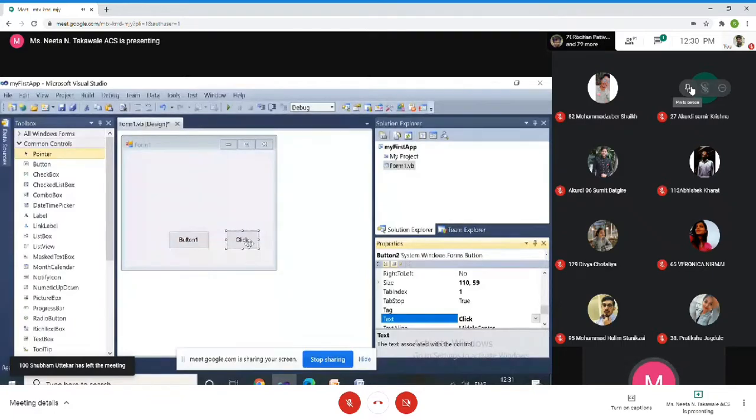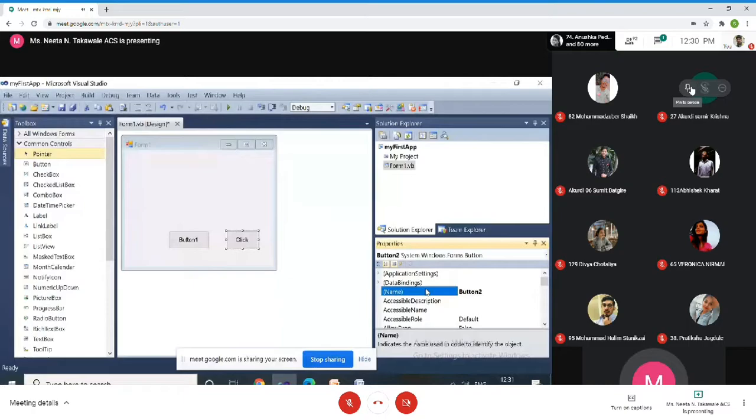Previously it was Button2. When I change it, now the label of that button is Click, right? One more property of the button is Name, that is Button2. You can also change this name.